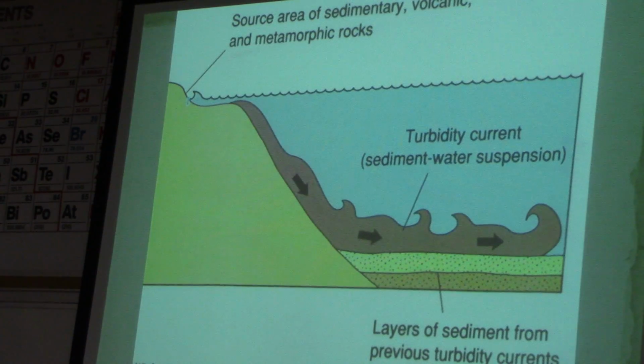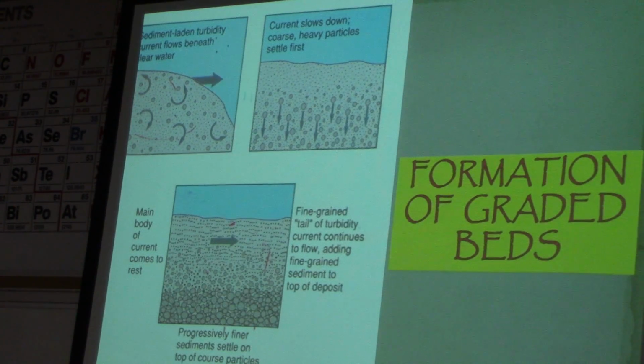Some of the andesite formations of these turbidity currents are continental shelf, shallow shelves around the edge of the continent, with freshwater streams dumping this stuff in here. These muds accumulate, then go up to the edge, and they don't have any strength, so you have these massive mudslides or turbidity currents that went down onto the 6, 8, 9,000 feet elevation on the abyssal plain. As it goes down, these turbidity deposits, when this thing is rapidly moving, the particles, different sizes of silt, sand, clay, gravels, are all different sizes randomly, but when that thing stops, boom, these things settle in a solution. Of course, the particles go to the bottom, the finer